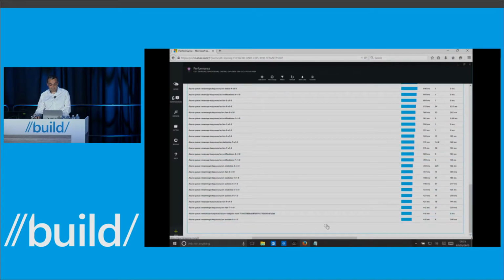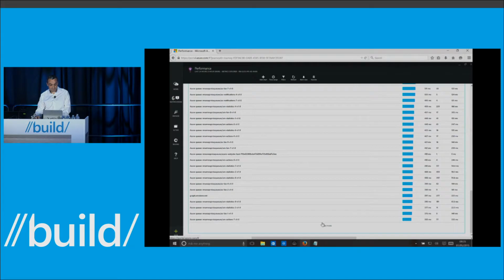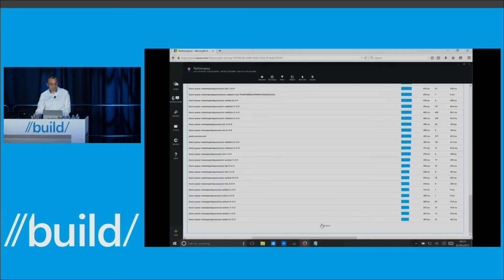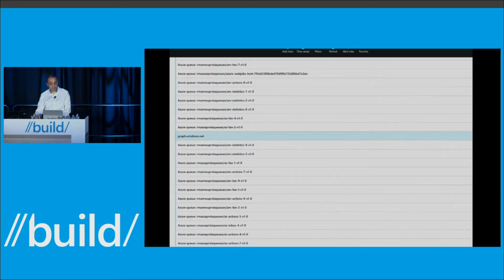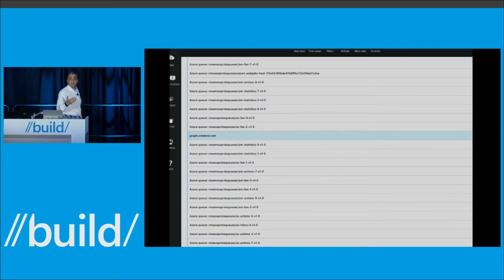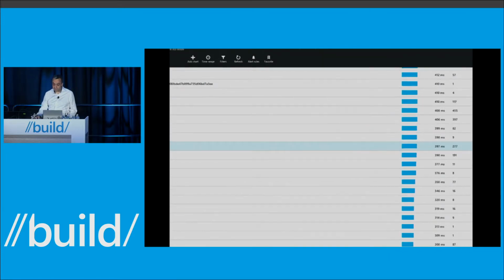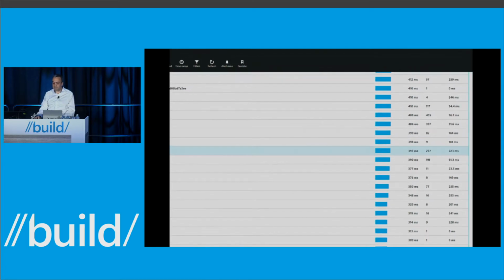Okay, so yeah, another queue. Try to see if we can see a web service in there, but there you go. So actually, there's a web call to Active Directory, which we're using as part of the service. We can see here we're calling that, at 397 milliseconds, called 277 times. That dependency information has just been automatically